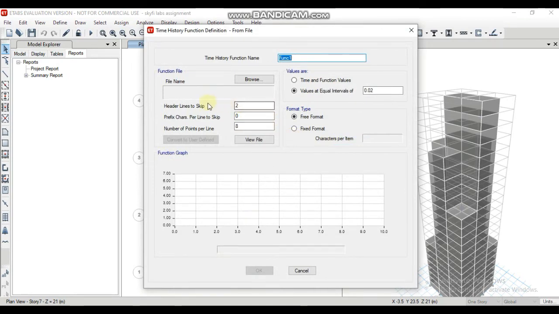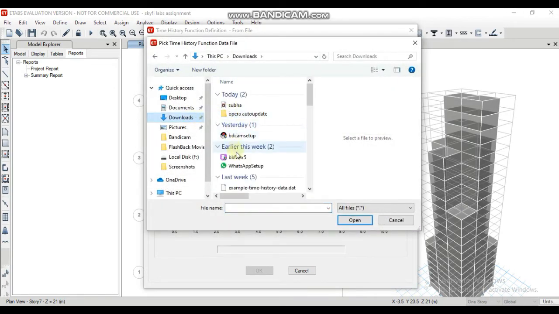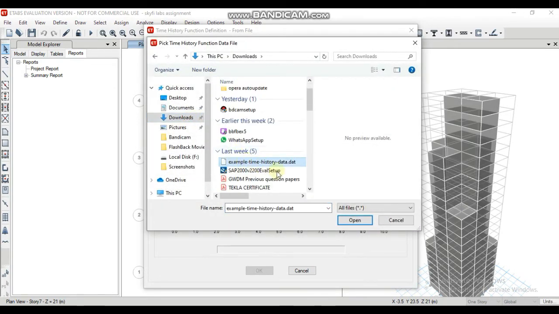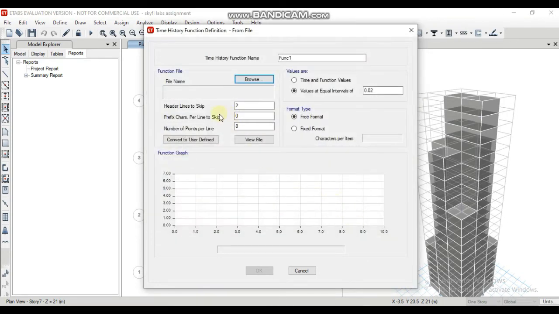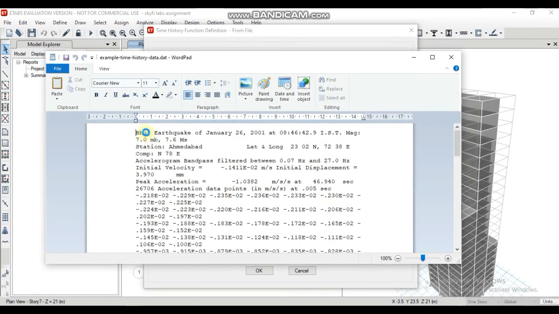Now for the file name, go to browse, as you downloaded it before. Open the tab. And next for header lines to skip, go to view file. In the view file you can see 9 header lines are present.